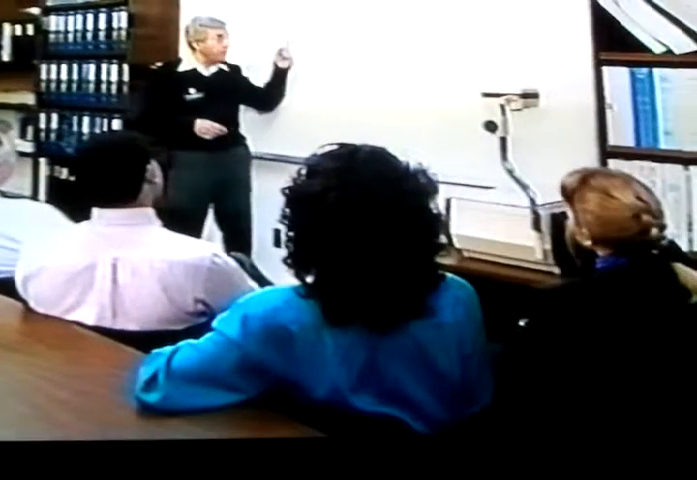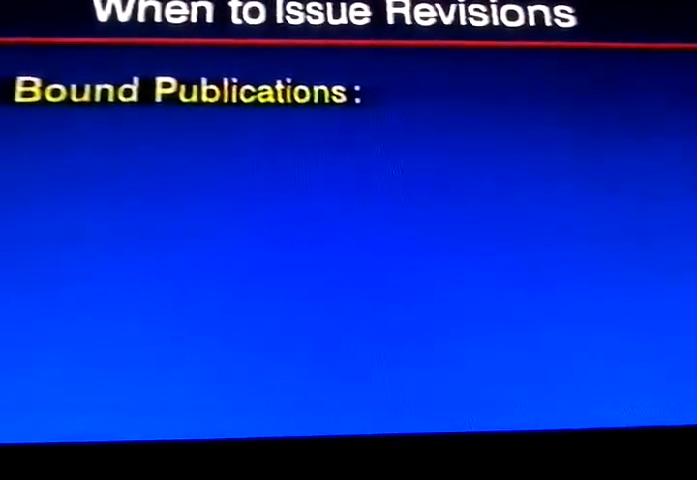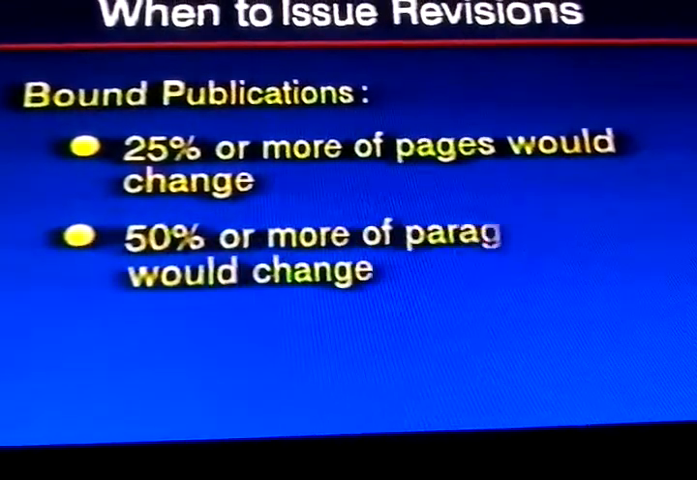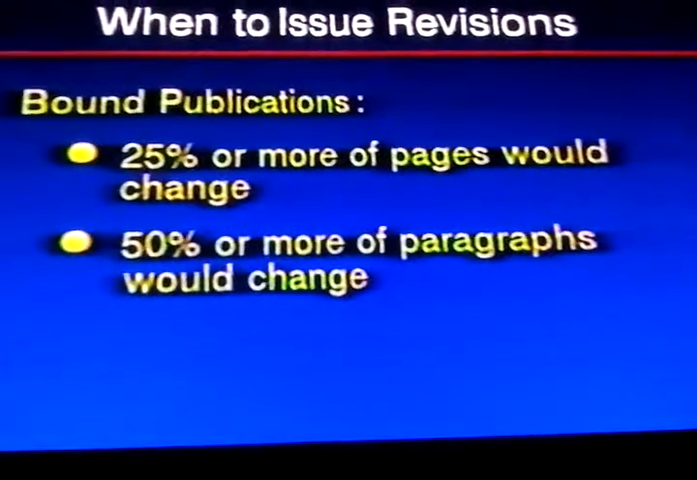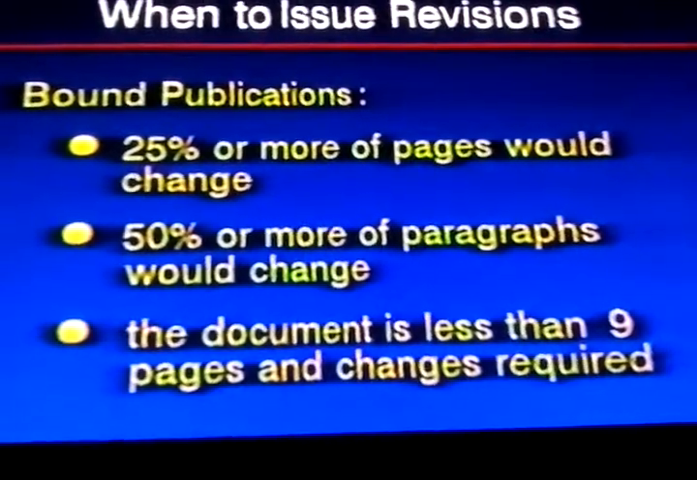That's fine, but how does the proponent decide whether it's a permanent change or a revision? Good question, Terry. The criteria really depends on the form of the document. First, we'll look at revisions. At our installation, we follow the DA standard. In the case of bound publications, if 25% or more of the pages would change, or 50% or more of the paragraphs would change, or if the document is less than 9 pages and changes are required, the publication is